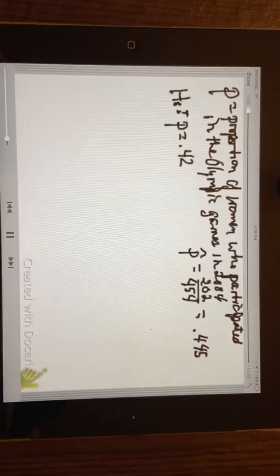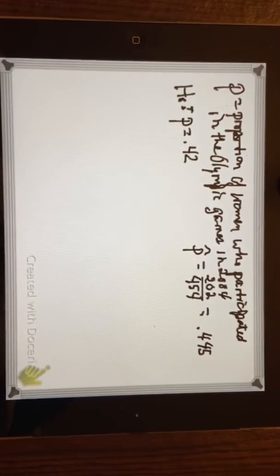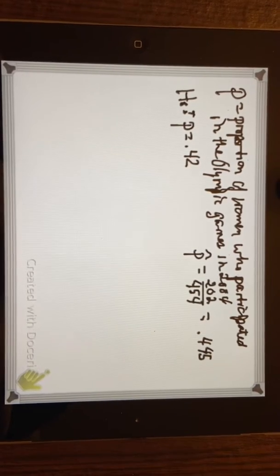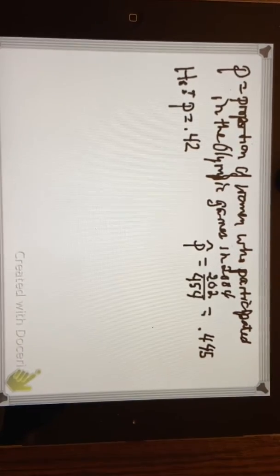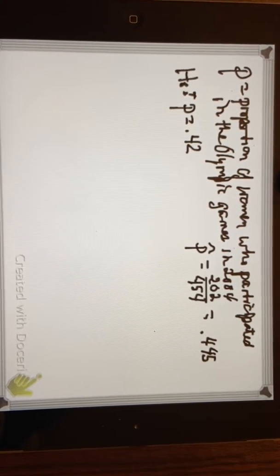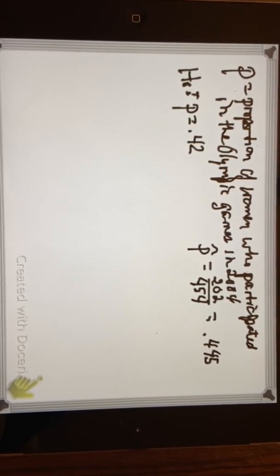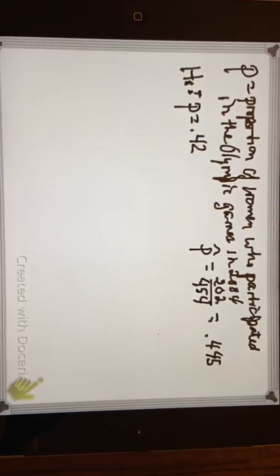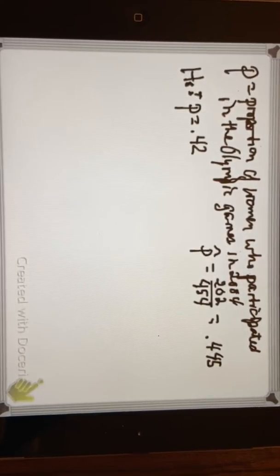I am going to try to work one of these questions out. Josh wanted me to model how to answer everything, so I'm going to try to do this for you as best as I can. So here we go. We're going to try AP Stats Quiz B, the one about the Olympic Games and the number of women that participated in it. So first thing I have to do, I already kind of got a little bit of it written out already,